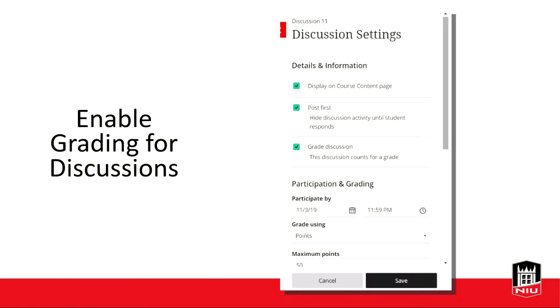Another way to save time is to enable grading for discussions if you want to factor it into students' course grade, either as an assignment, as participation, or as part of their attendance grade. Enabling grading will allow you to provide feedback on your students' discussion participation, and you can also use a grading rubric to grade discussions. So for example, I use a discussion rubric with 2 criteria, an initial post criteria and